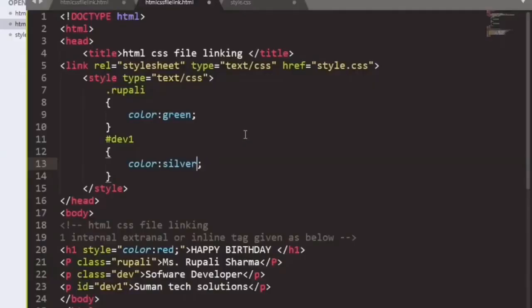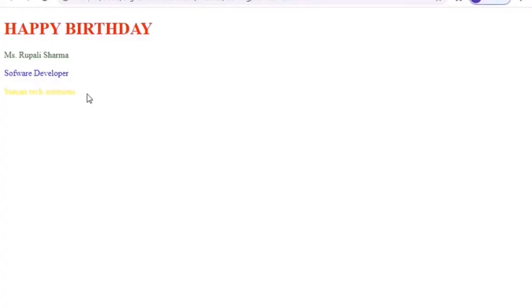So now we are taking the color silver. We are changing the id, that is dev1.